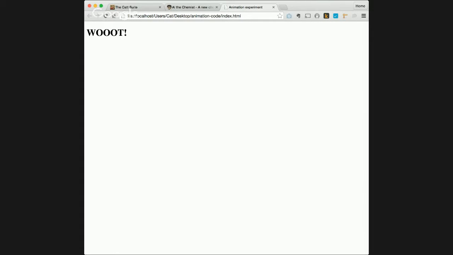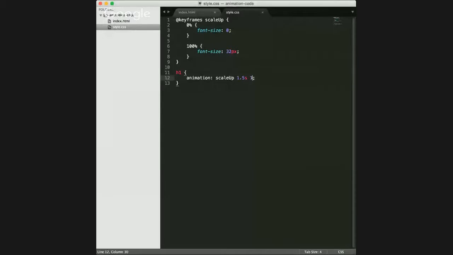Yeah, so you can keep reloading it. But what if you want it to actually show up more than once? So that's a really important question. So if you want it to show up more than a single time, what you do is you actually put infinite instead of 1. And if you want it to go back and forth, then you would put alternate. So let's see what happens here if I put those two things,